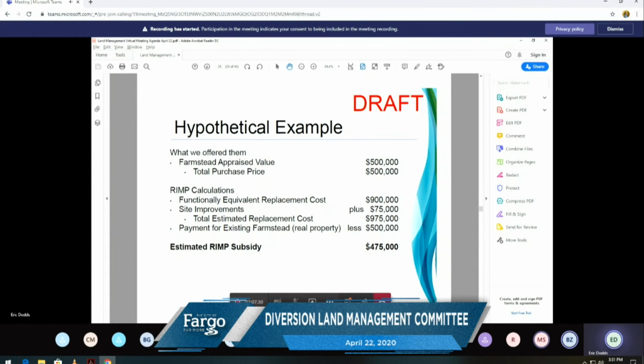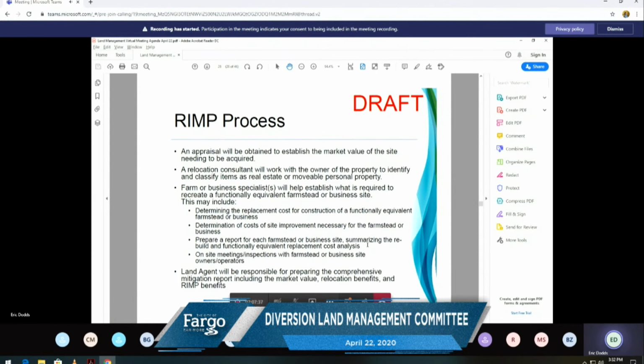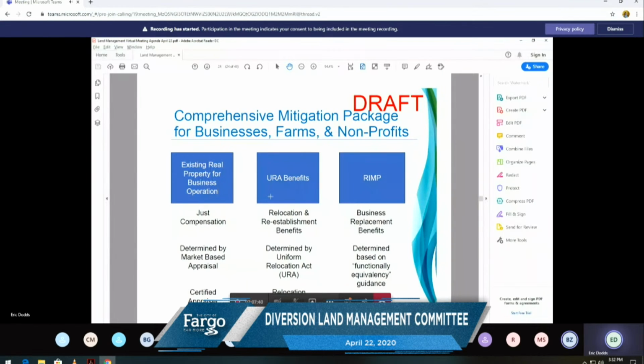Yeah, that's correct. In fact, maybe a point of clarification. The uniform relocation benefits in the middle box here on this slide, those are paid through a reimbursement. And so if we have to move personal property, for example, from one site to another, there's costs that get incurred with that moving. Perhaps the moving even includes temporary storage of grain, all sorts of different provisions that might come into play. Those would be reimbursed at actual costs. And so that really doesn't hit that hypothetical example. I suppose you could show it as an in and an out, but for simplicity's sake, I chose not to